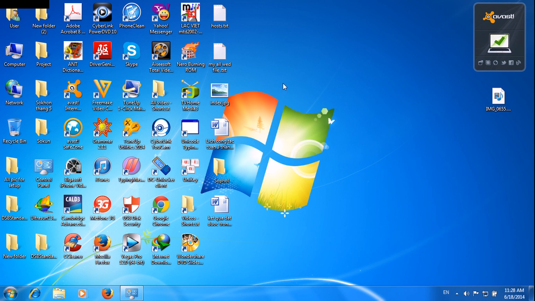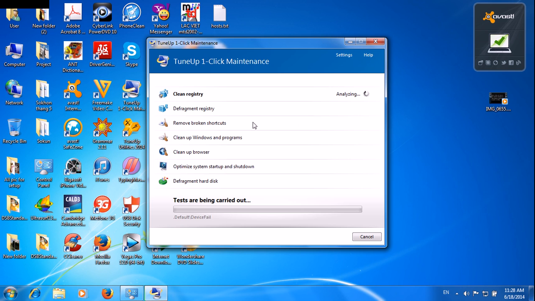Next step we go to TuneUp Maintenance. This program helps us tune up my computer: clean registry, automatically determine registry, remove broken shortcuts, clean up Windows programs, clean up browser, optimize system startup and shutdown, and last one defragment hard disk.